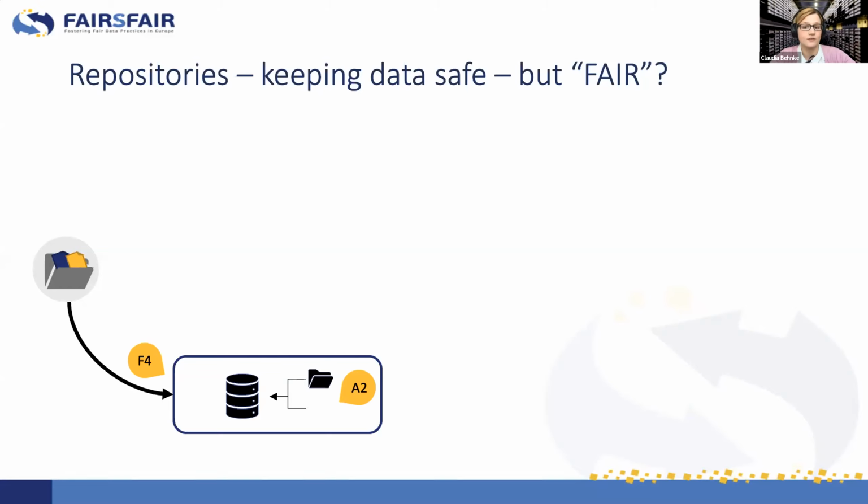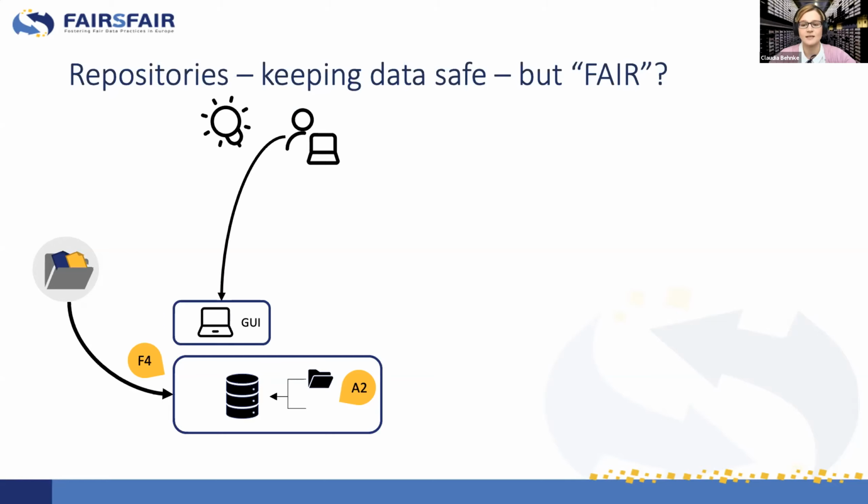But the question that Silke also raised: are there features which maybe hide the fairness or only keep the fairness of a digital object? If we look at the digital object from the perspective of a researcher, the fairness is there if the researcher exactly knows that this digital object exists in the repository. So the researcher can either use the descriptive metadata to query the graphical user interface, or look for the file, and then they will be able to find the file.